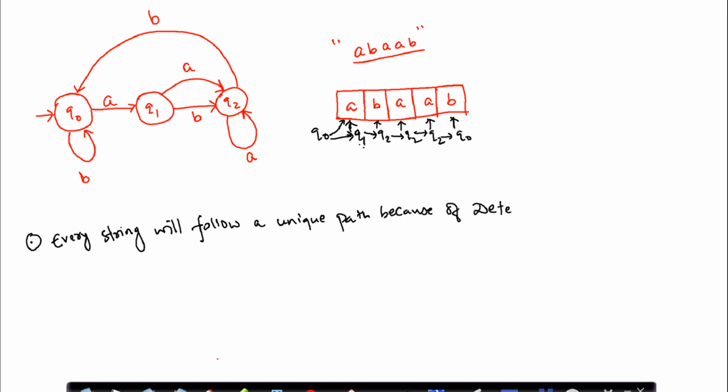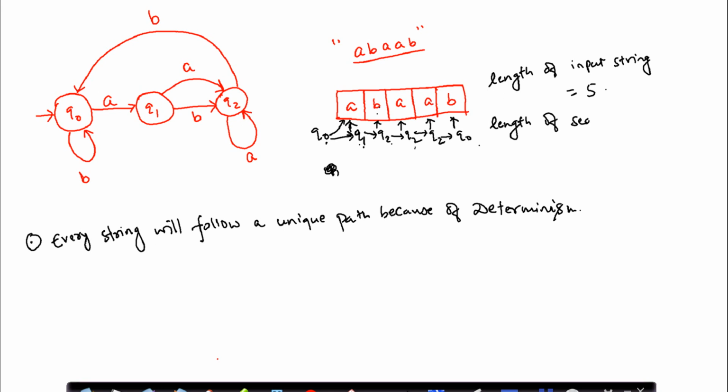Because of determinism. If you see, this is your string A, B, A, A, B. What is the length of the input string? The length of the input string is 5. Means, what is the length of the sequence of states? Q0, Q1, Q2, Q2, Q2, Q0. 1, 2, 3, 4, 5, 6. So the length of the sequence of states is